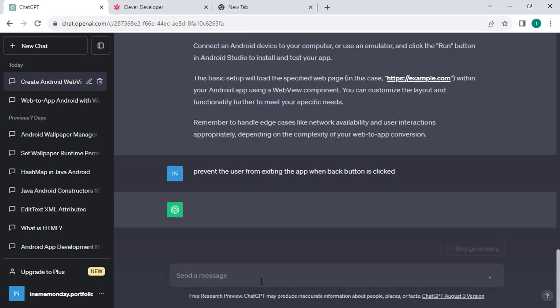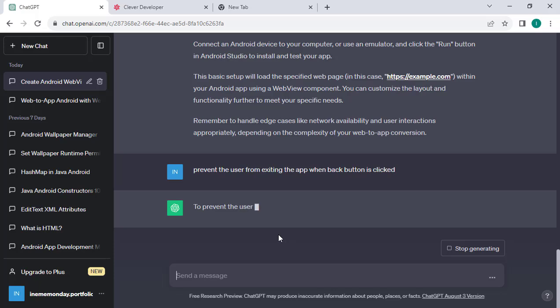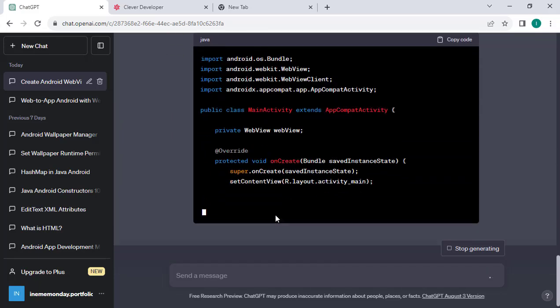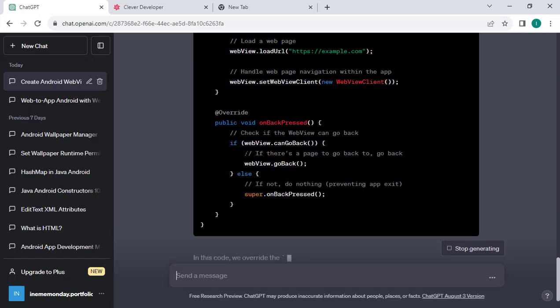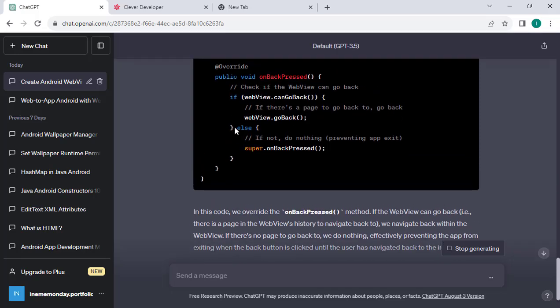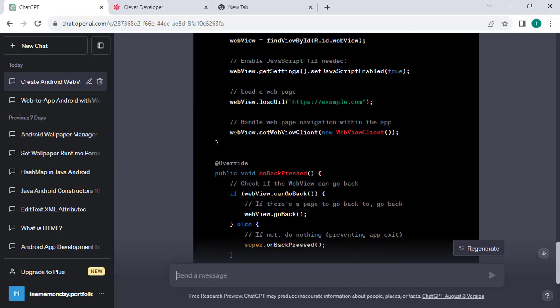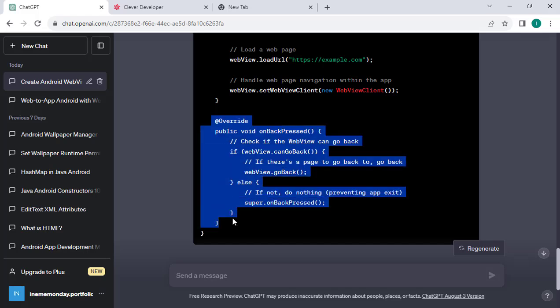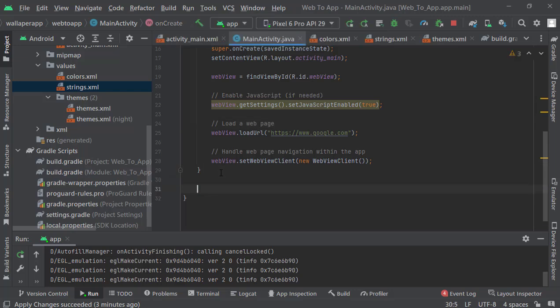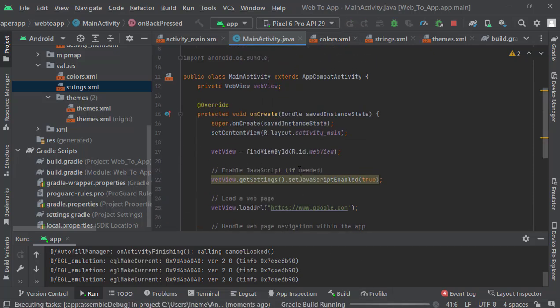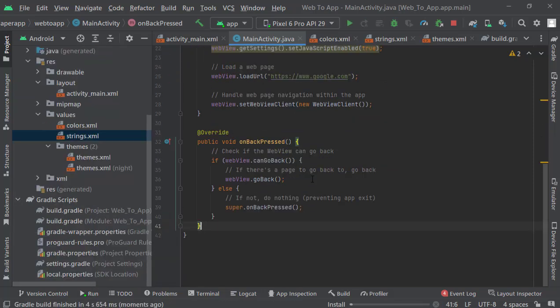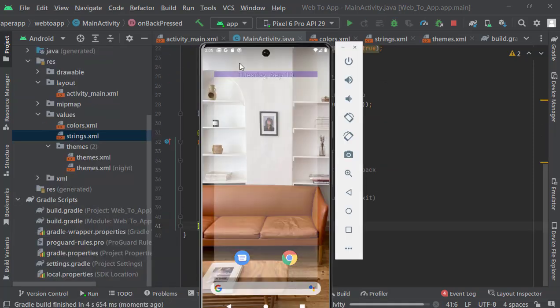So to prevent that, we just need to add this line of code. So you just come here, copy this line of code, and add it. So let's rerun our app and see. So if I decide to search something,